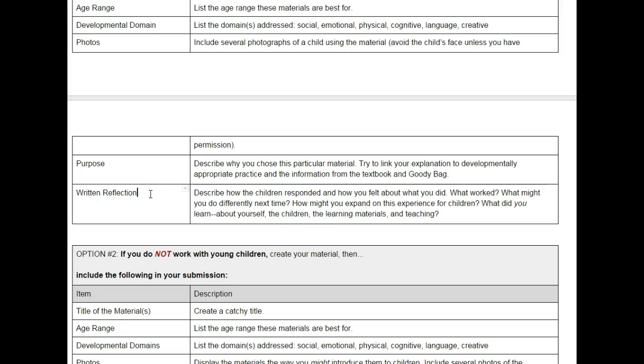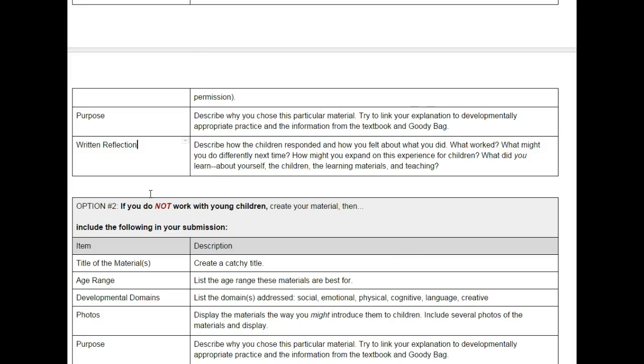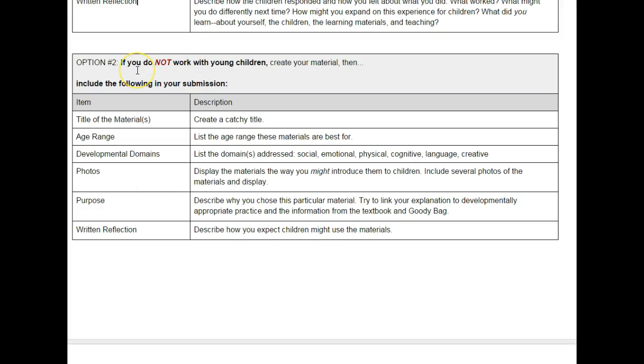And then I want you to reflect. I want you to describe how the children responded, how you felt about how it went. Look at the questions in the box here to help you frame your thinking. Okay, so option two, if you do not work with young children, then I want you to create your material